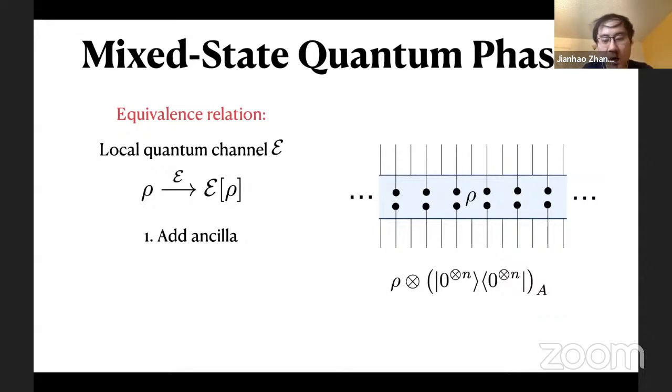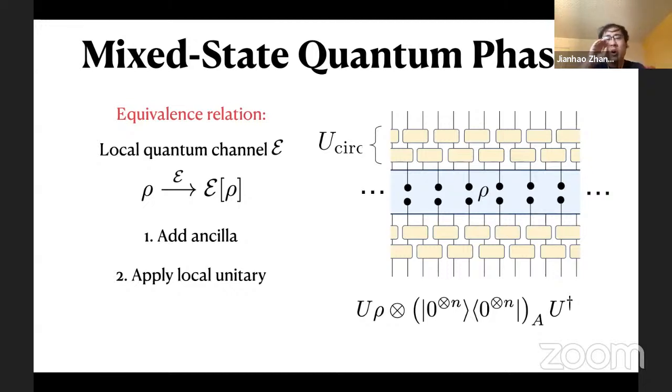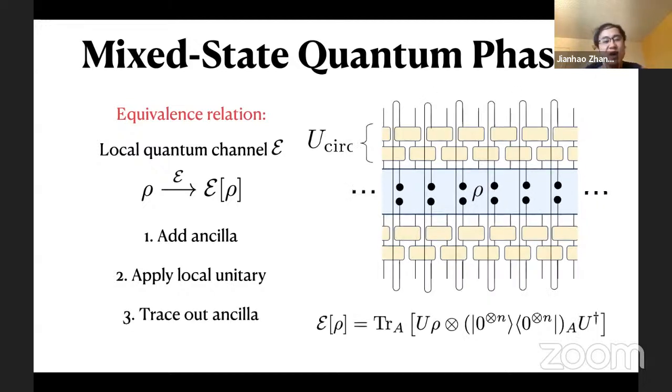The second step is that right now we have an enlarged Hilbert space, including the system and environment, which is an enlarged closed quantum system. So in this enlarged closed quantum system, we can apply a local unitary operator to describe the dynamics in the enlarged Hilbert space. And then, because we only care about the physics in the physical Hilbert space of the system, AKA we don't care about the dynamics of the environment,